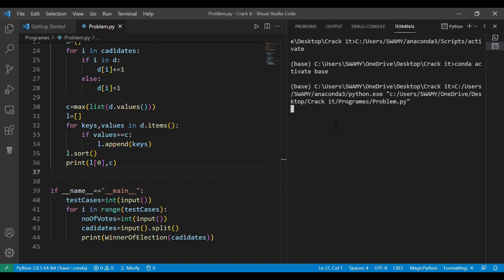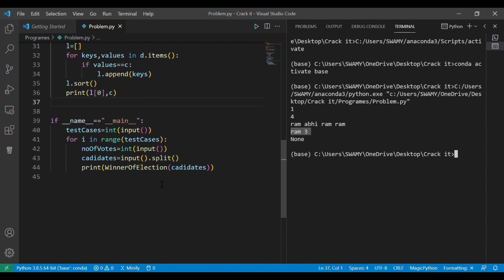It's asking me for the number of test cases, which is 1. The number of votes, I will take 4. Here Ram is one, Abhi is one, Ram again and again Ram. See here, Ram has the maximum number of votes. Why am I getting None here? My function is not returning anything, even though I'm printing it. So when I remove this,